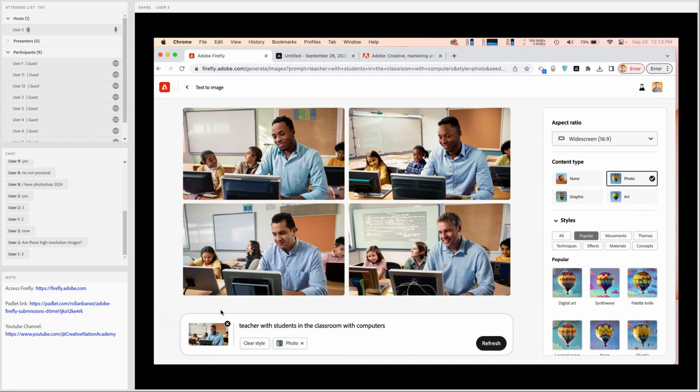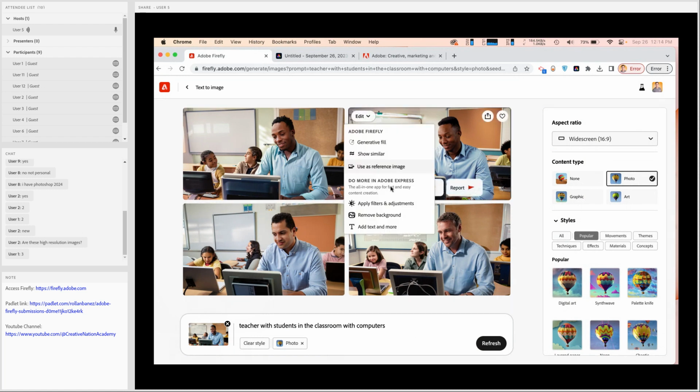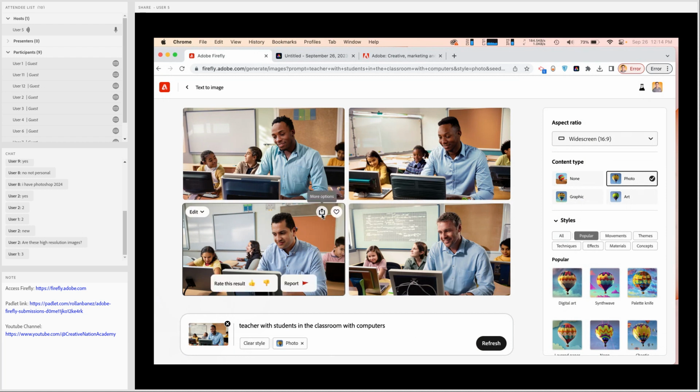Okay, so that is what you use when you are using what we call the reference image. You can easily do that. For example, if you want to create something like this, you can easily save this to a favorite, which is one of the functions inside of Adobe Firefly. Because if I go and tap on favorites, I can easily save a specific prompt that I use, and you can further use it along the way.